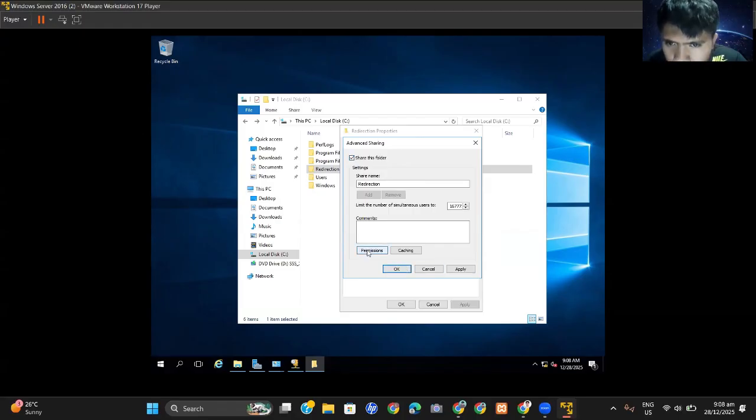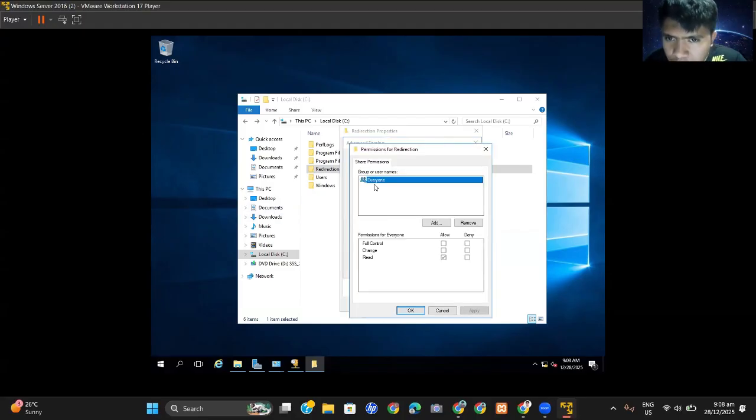Okay, permissions. As you can see, the group name is everyone, meaning that all users that the administrator has configured or added automatically have the permission. So we need to give full control.